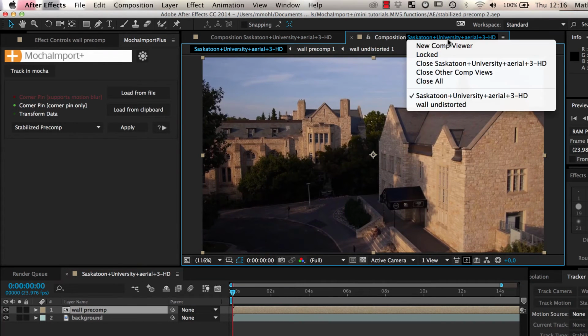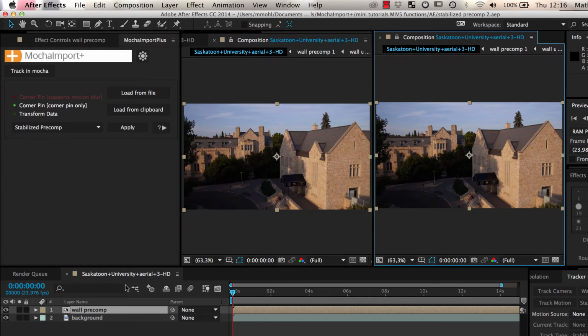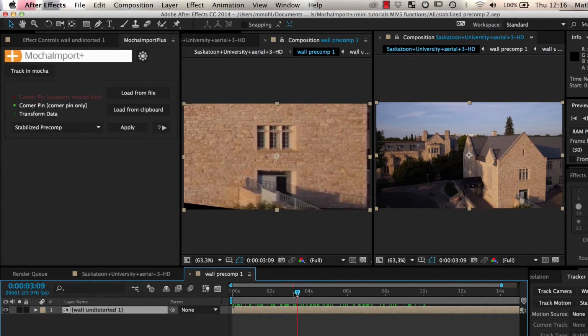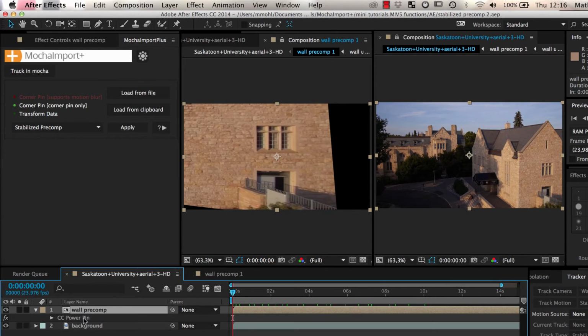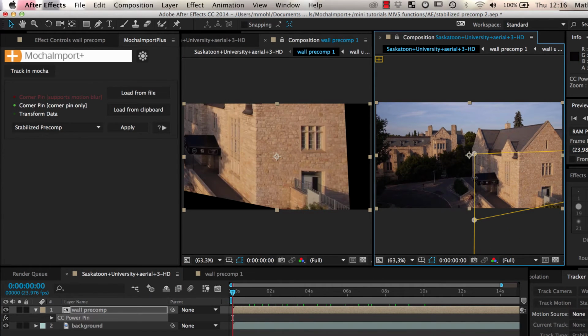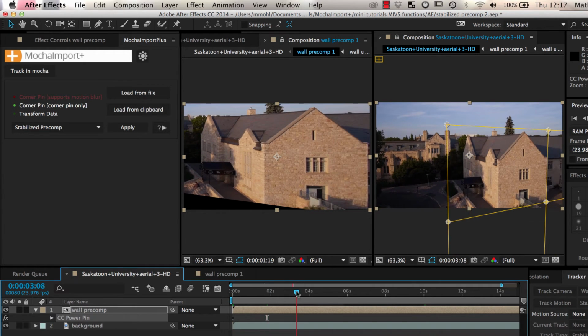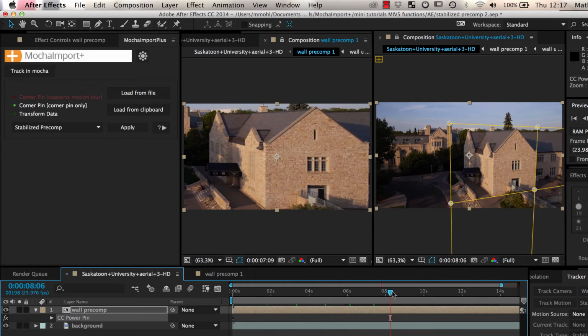Now when we create a new comp viewer and double-click the layer to open the precomp, we can see the main comp and Stabilized Precomp side by side. If we move the corners of the CC Power Pin effect in the main comp, the content of the Stabilized Precomp changes accordingly. Once we are happy with the placement of the Stabilized Precomp, we can start doing modifications in